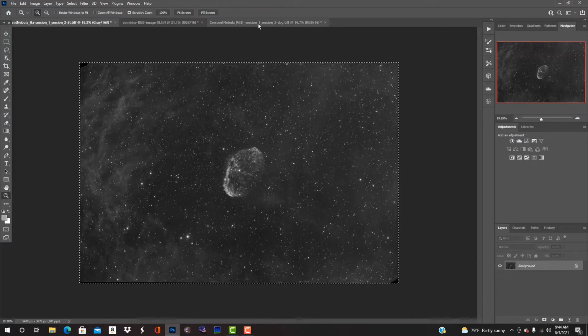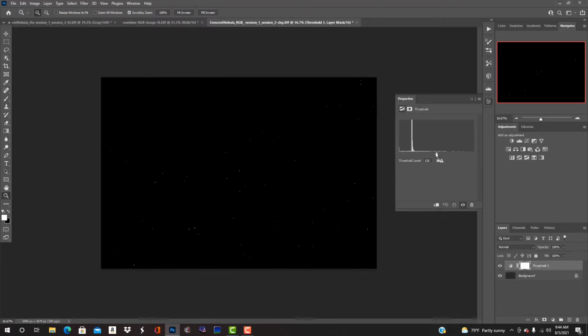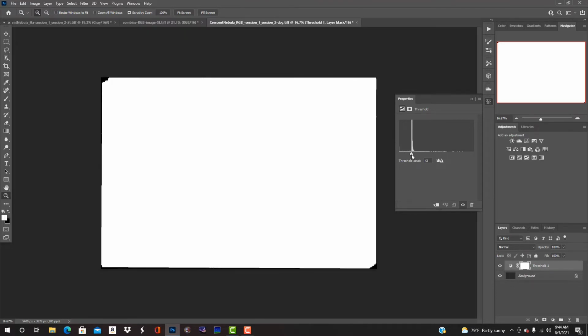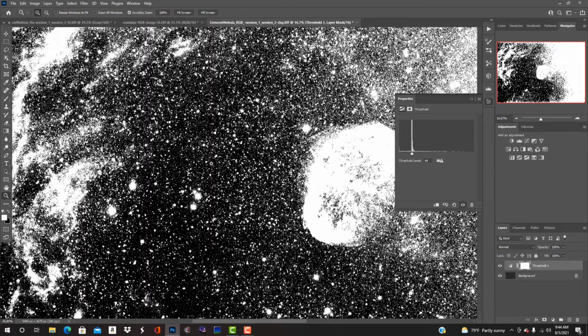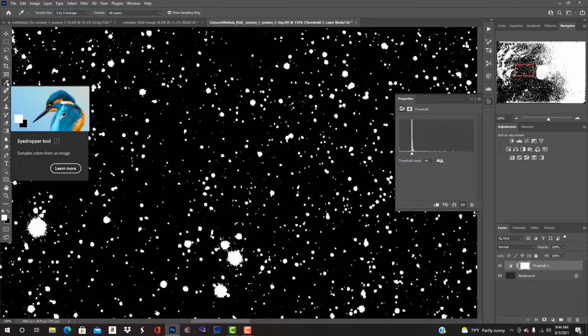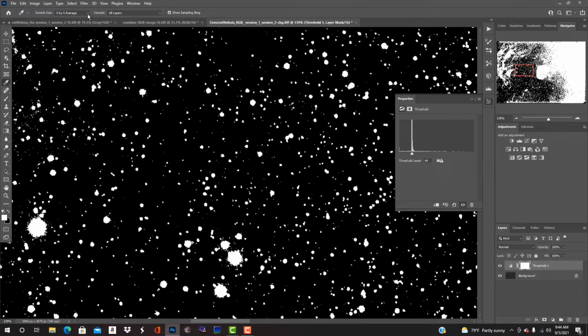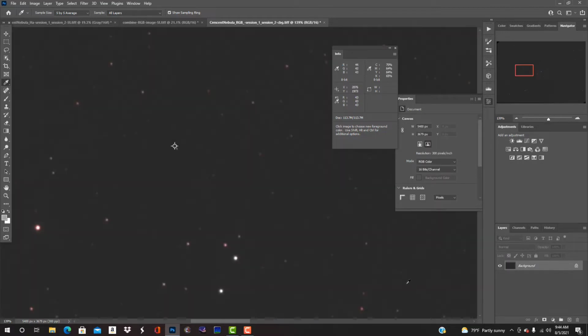Okay, so first we're going to jump over here to the RGB, and I'm going to do a threshold layer here. And we're going to slide this slider over until we see something like this. And this will show us the darkest areas in the picture here. So I'm going to zoom in somewhere in here using my eyedropper tool on a 5x5 average. I'm going to hold down shift and just click on a dark area here, and this will show me my background levels here. So that's a little high, so we're going to delete our threshold layer,